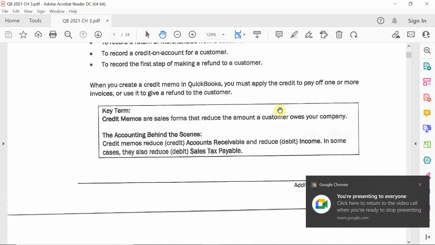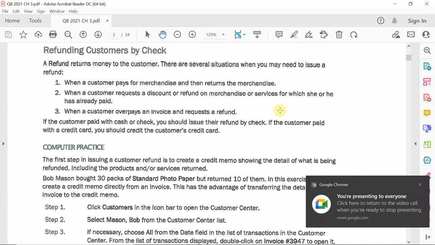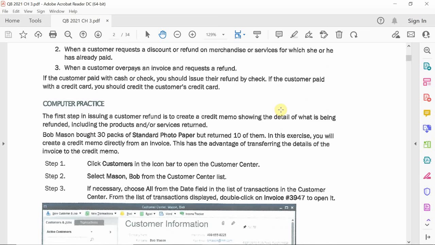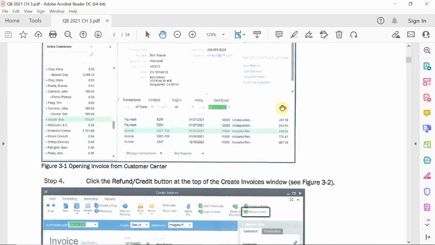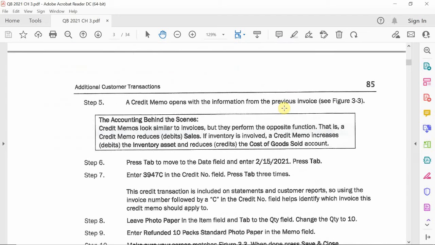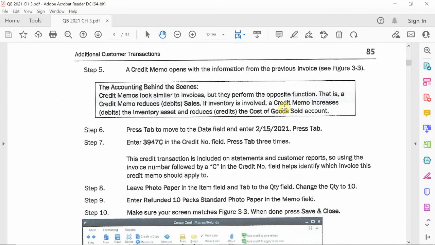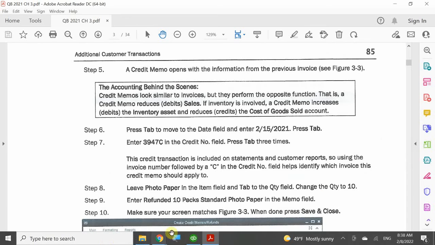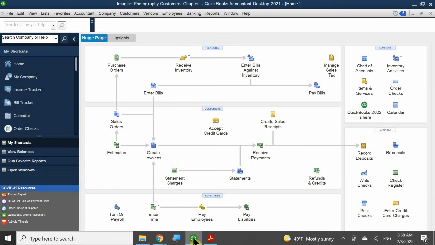So now we're going to talk about how to create a credit memo, first by looking at our customers. The only way we're able to create a credit memo is if a customer has purchased from us. Our first example is going to be a proper refund. In order to create a credit memo,